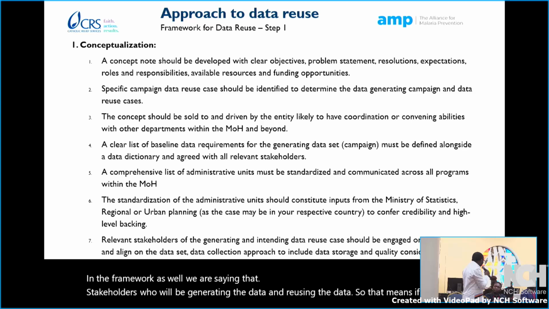I wish that the Benin team was here. We reused this data for 3.5 years and for 6 campaigns. Imagine the cost you save in not doing an enumeration for SMC campaign for 3 years. 2020, no enumeration. 2021, no enumeration. 2022, no enumeration. And guess what? Nobody complained.